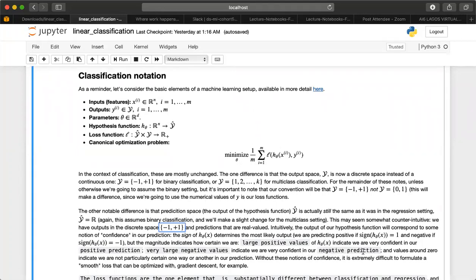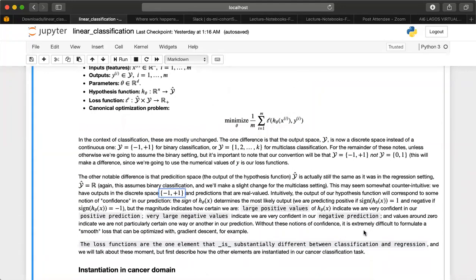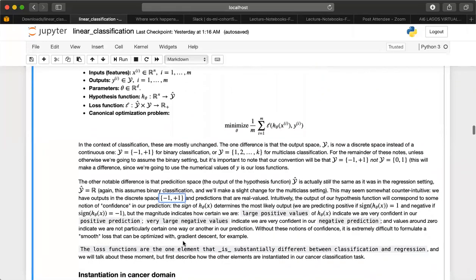So basically it's trying to say that if you're having large positive values of H of X, it means that you are tending towards the positive region, which is +1. And if you're having very large negative values, you are tending towards the -1 region, right? And the value is around 0 for the loss. Without these notions of confidence, it's extremely difficult to formulate a smooth loss that can be optimized with gradient descent